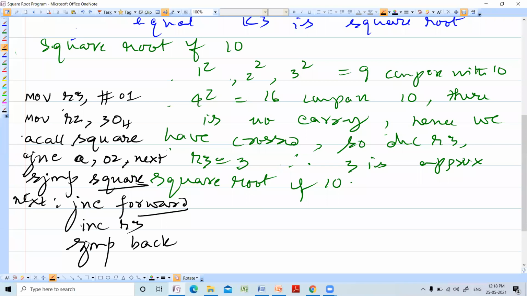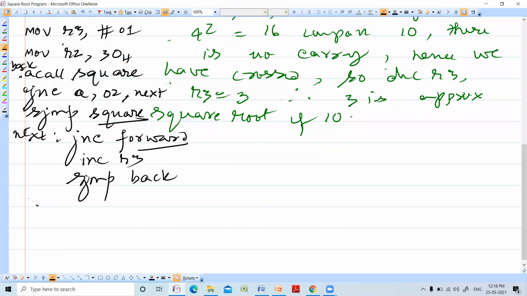Repeat is nothing but a call. This is your back. So forward is, you have crossed the limits, decrement R3.